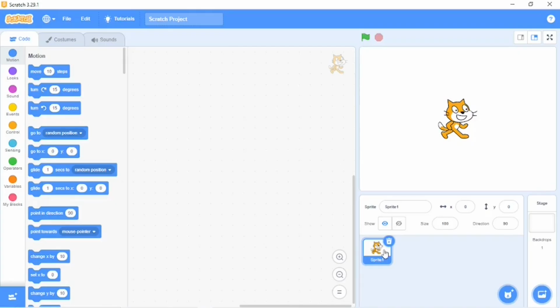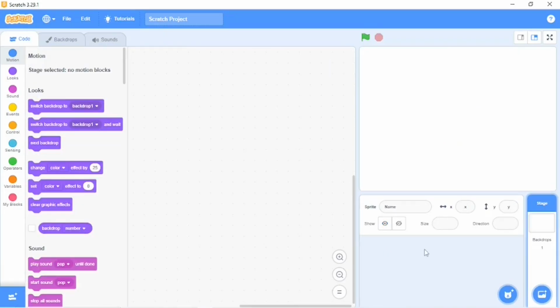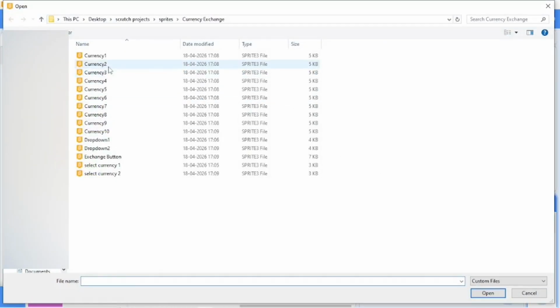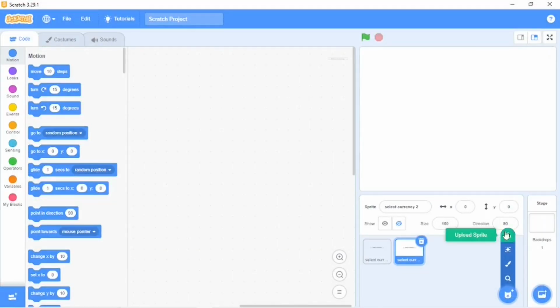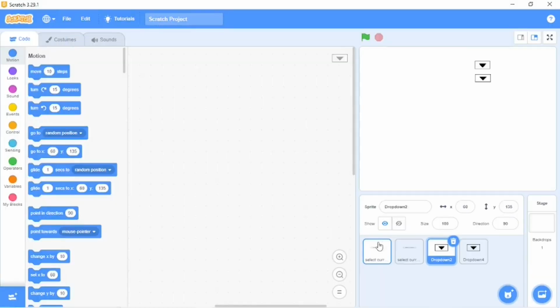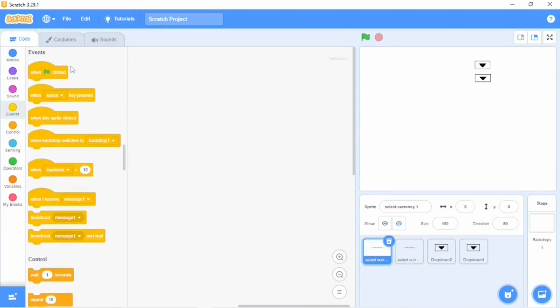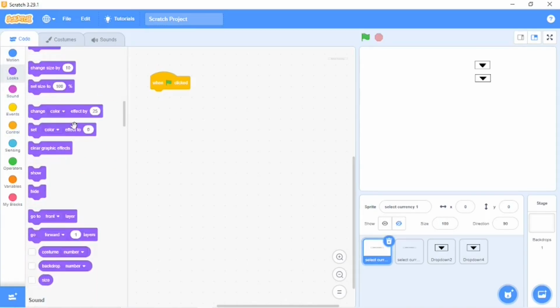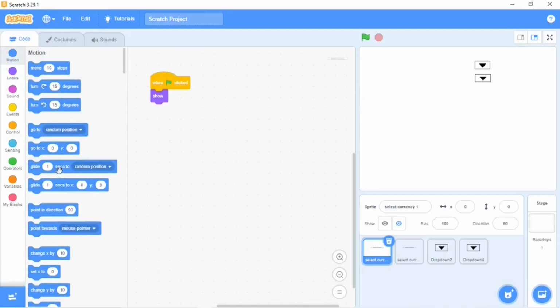So now first I will delete this cat sprite. I will upload a sprite. I will take my select currency 1 and 2. And now I will take my drop down 1 and drop down 2. So now I will go to select currency 1. I will take when flag clicked. I will go to looks. I will take show. Then I will go to motion,